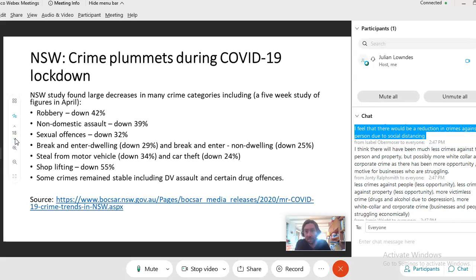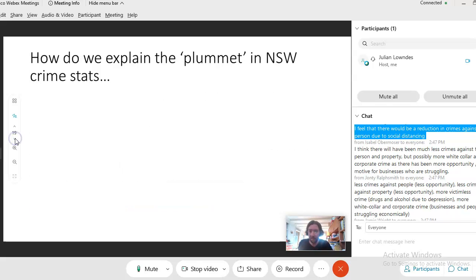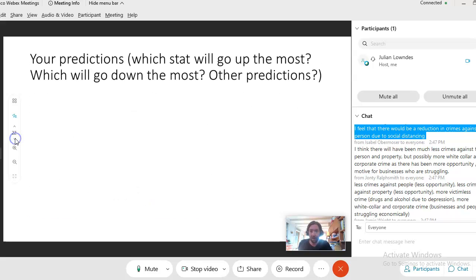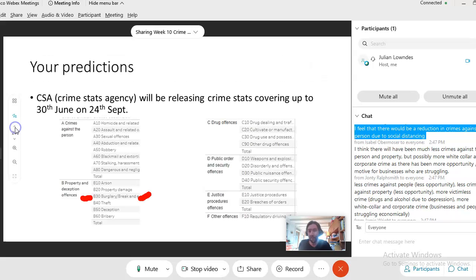So we finished with a little bit, here's a little bit of a link to some New South Wales statistics for the period of April. This is just what I could gather so far, but looking at the Victorian statistics, they actually come out for the period up until June 2020. They come out on the 24th of June.